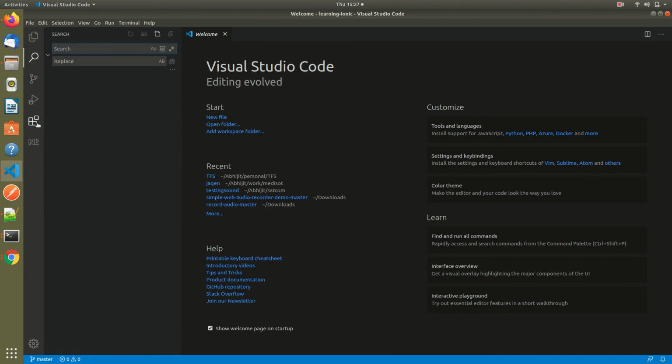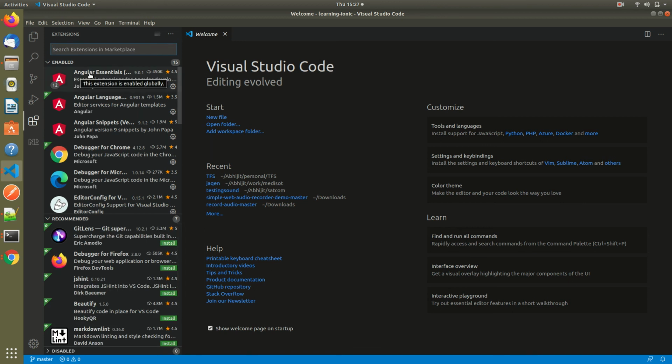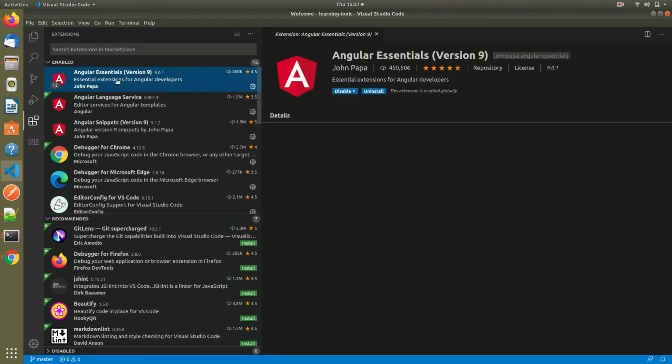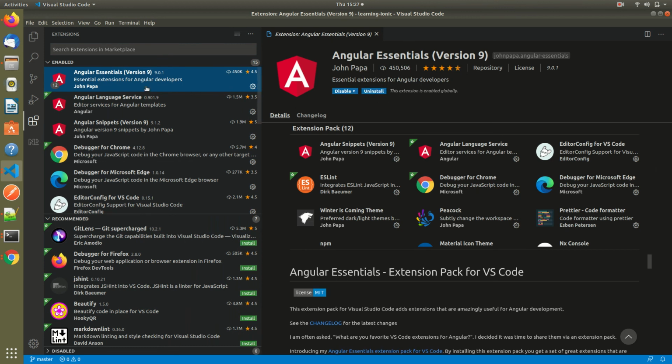Here you need to search in extensions for Angular Essentials, and install that. I have already installed it, which is why it is showing the uninstall option.